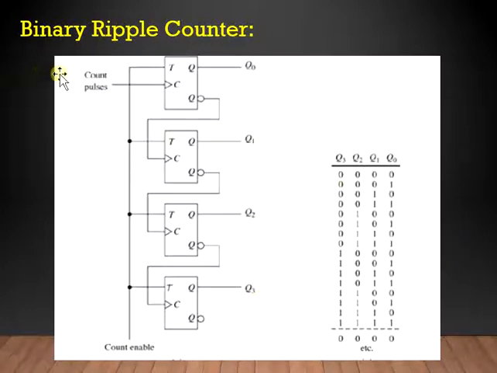So when you apply the clock pulses, you can see that you have the first count starting with 0, next clock pulse it is equivalent to decimal 1, then decimal 2, 3, 4, 5, 6, 7, 8, 9, 10, 11, 12, 13, 14, 15, and then it resets to 0 again and the count repeats itself. So the major observation that you can make in this case is that since it's an asynchronous counter, we have the output of the preceding stage connected to the input of the next stage.